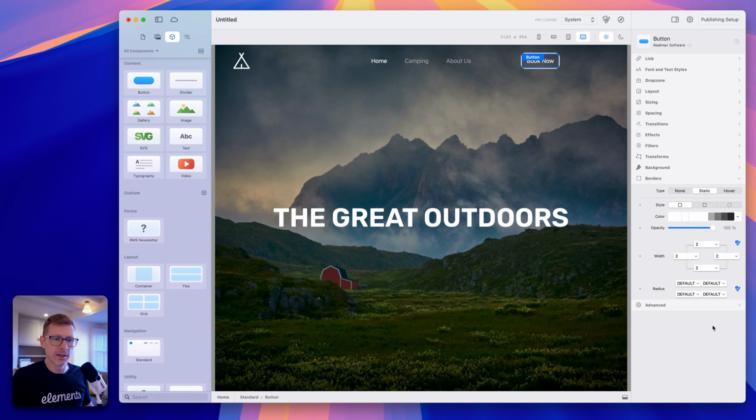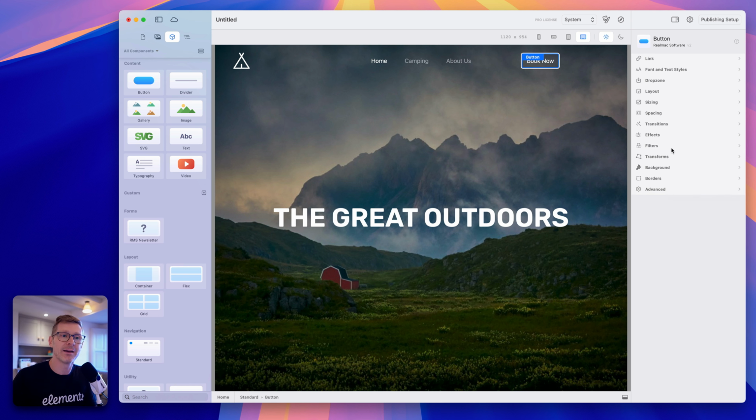There we go, and I'm just going to do, let's do a little medium border on here. And yes, I know I'm doing this four times. We're going to fix these controls so you can link them together and just change it once. That's coming, don't worry. The main thing is it works. So these niceties that link things and improvements in controls will come later, but it's better that it works and